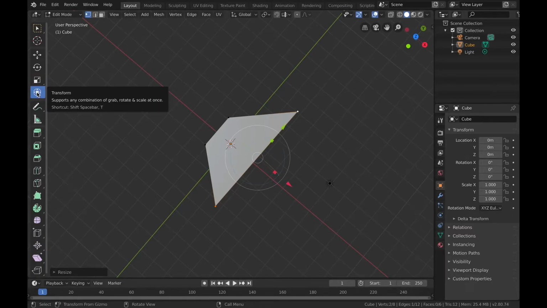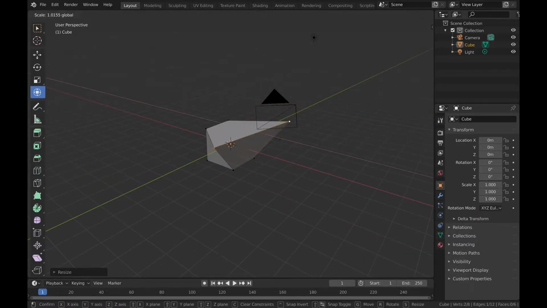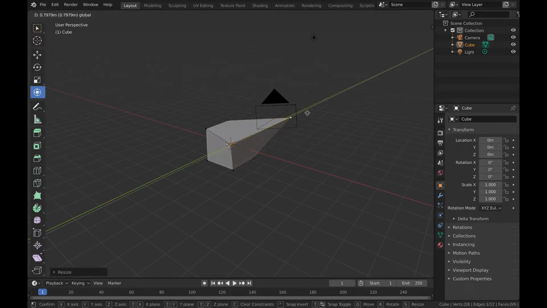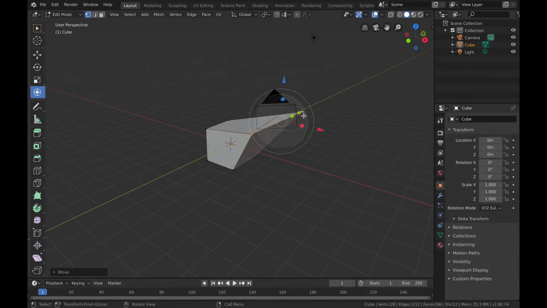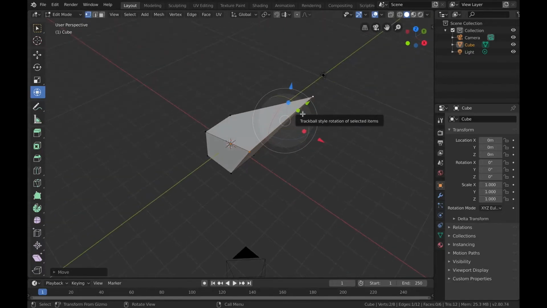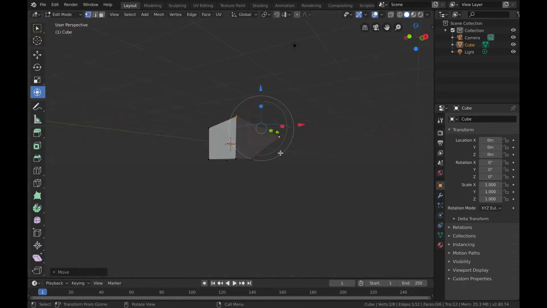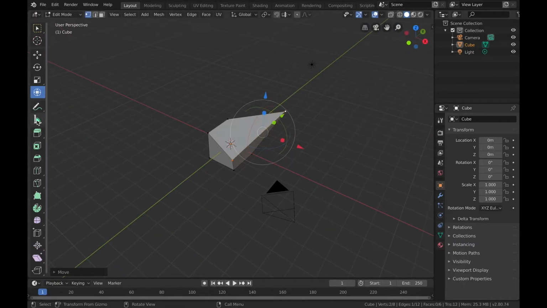Next we have the 3-in-1 move, rotate and scale tool. Now using this you get a gizmo which is having the three types of handles, basically rotation, moving and resizing. You may feel free to experiment with this, and I encourage you to try the new objects. And you have all these other options, and one of the most important options will be discussed in this video.